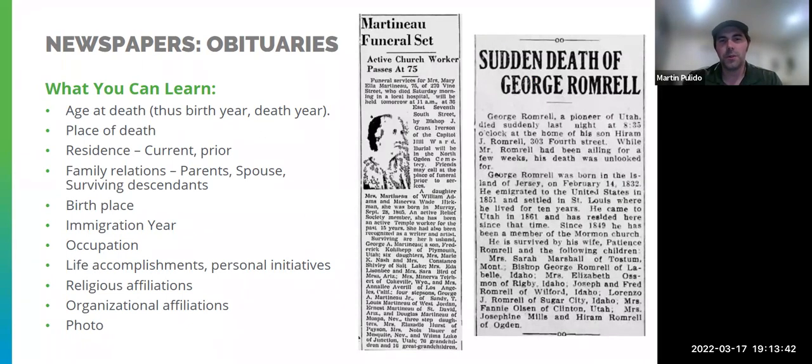So obituaries, I know there's a lot of these that people have probably looked at in the past. Here's some of my ancestors. This is Minerva Teichert's mother here on the one on the left. And you can see there's actually a little photo. It's not the best photo of how she would have been at that time, but hey, it is a photo, and that's kind of a neat thing to have.